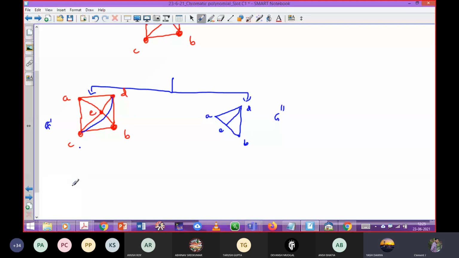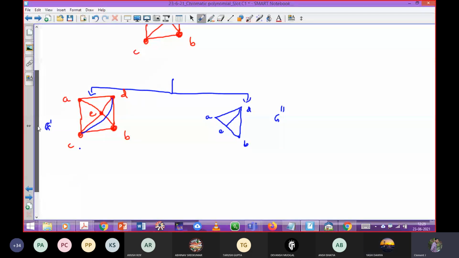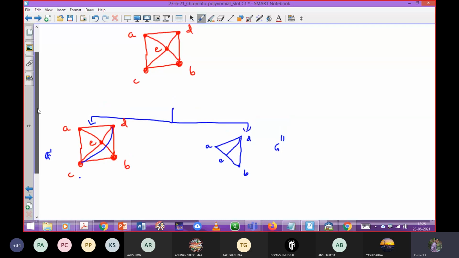So here, first you need to overlook which vertices do not have an edge. See here, there are two pairs: CD, there is no direct edge, and by the way, another pair is A and B. In the first step I need to choose the first pair, so I have chosen CD. You are allowed to choose AB first also, not a problem. In the next step, anyway, I'm going to choose the other pair also. So adding a new edge between those two non-adjacent vertices will be the first step. That is your G dash.